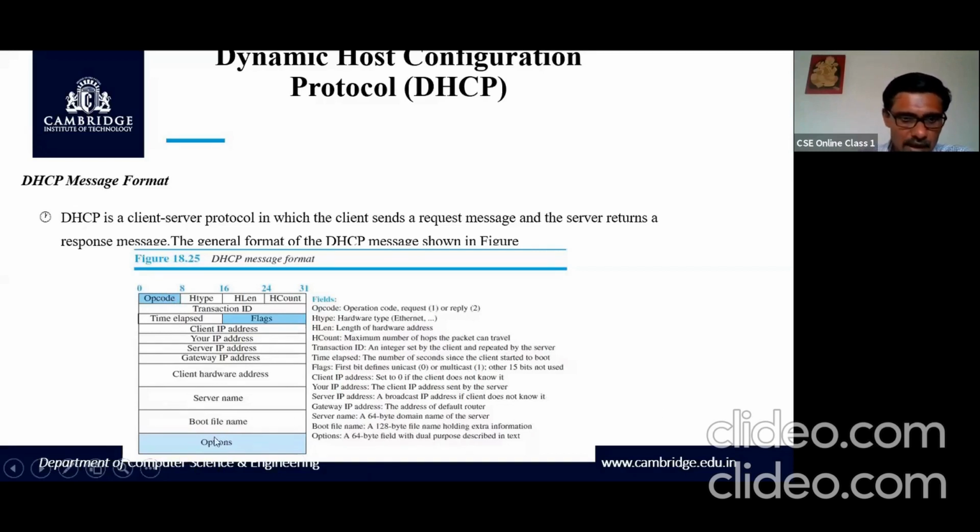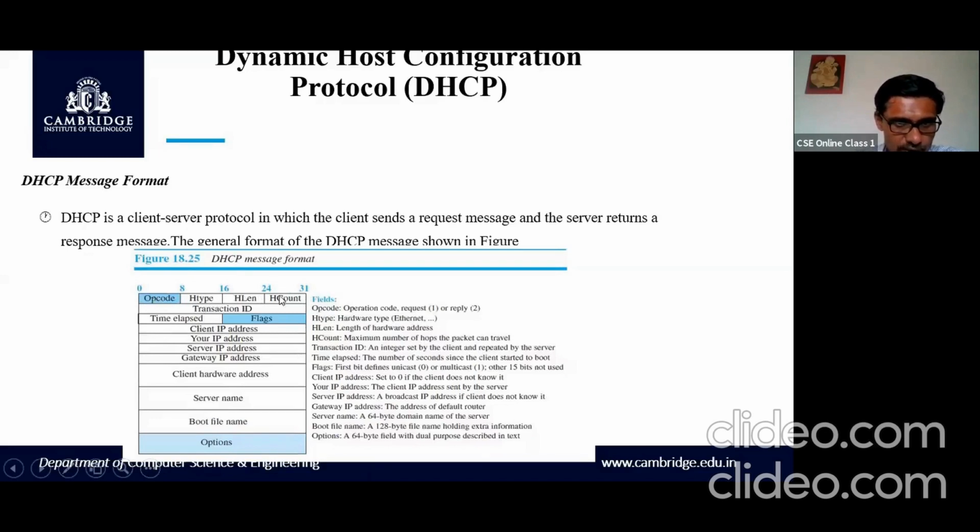There is no data in this, because no data exchange happens here; in other words, there is no payload. The entire message format is the header, and the header has many fields. One word is called a 32-bit format.